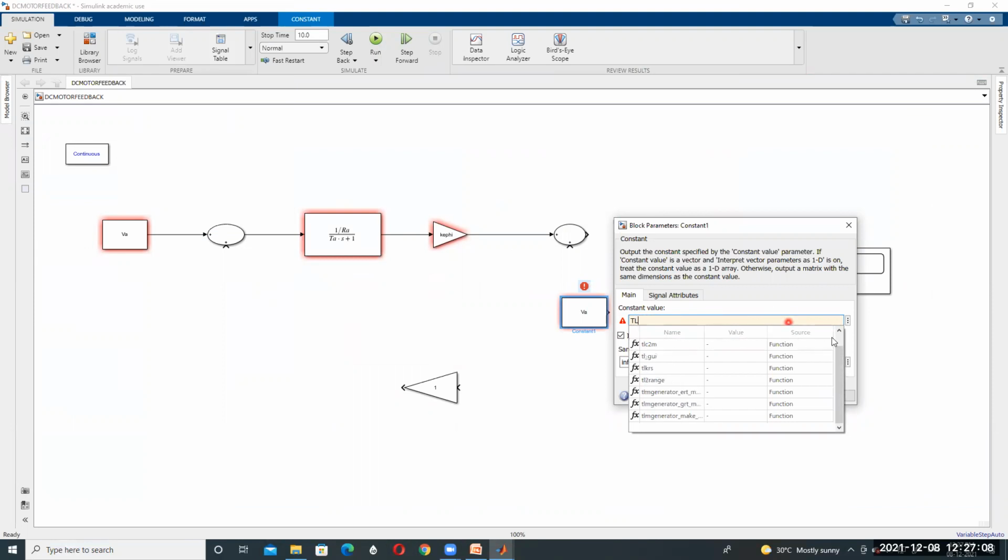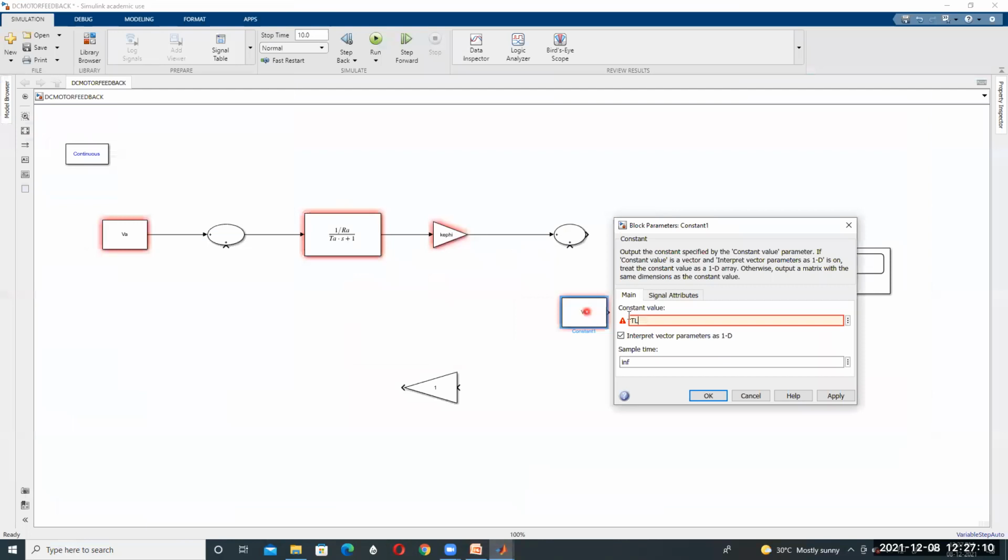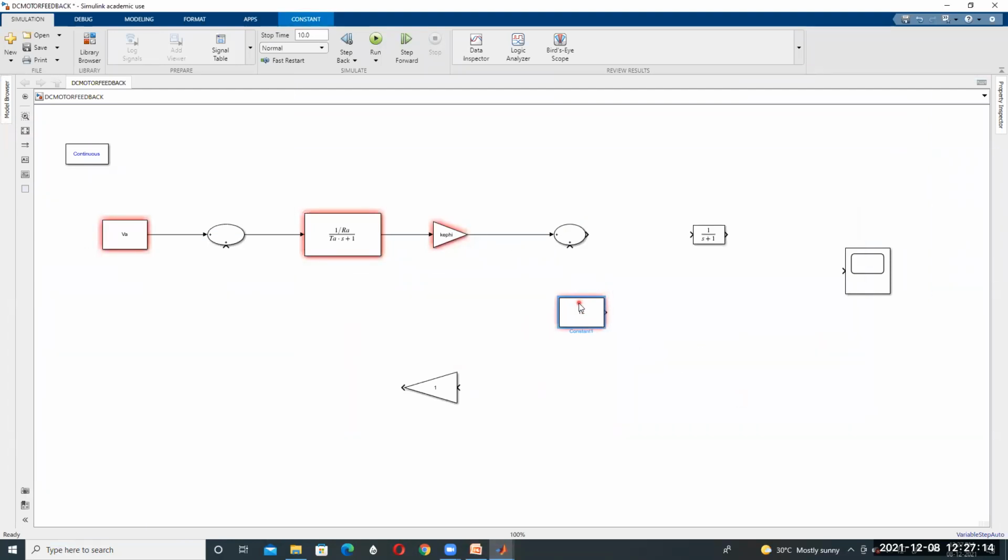So this is called our load torque, TL. Apply, then okay. From this load torque, connect here. This output terminal connects to the summing block. After this, from this, another transfer function is called